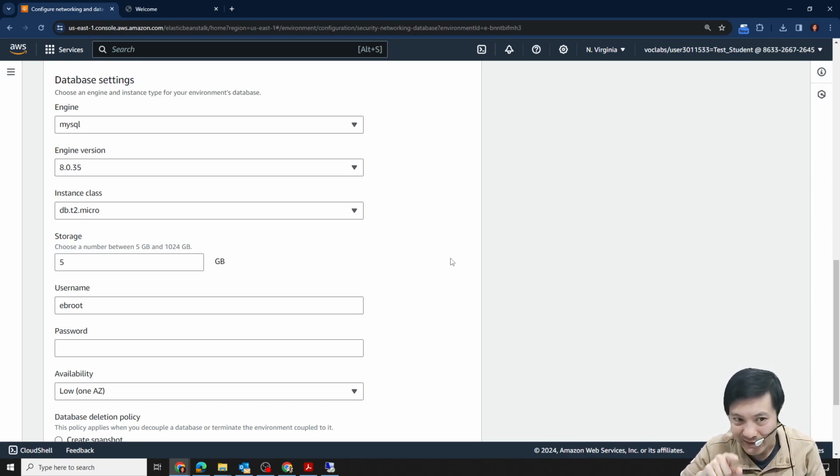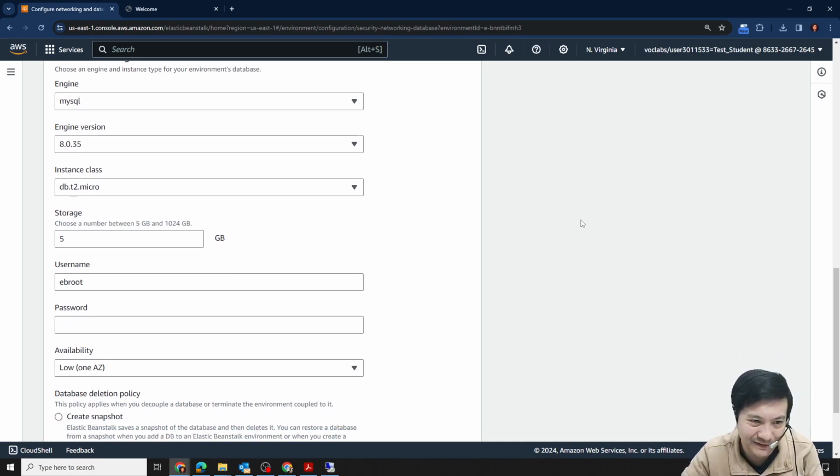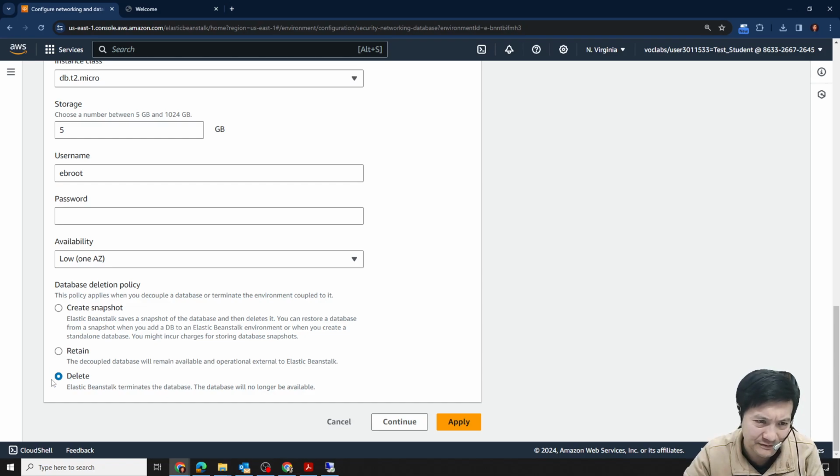But I'm not recommending you use create database here, since you should create the database outside of Elastic Beanstalk and then connect it. Otherwise, if you delete the Elastic Beanstalk application, the database will be deleted at the same time. And this is something you need to be careful about. By default, you see, it will help you to take backups, but you remember to